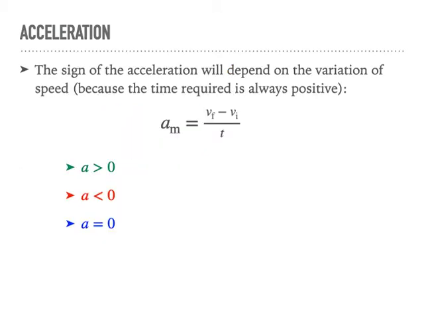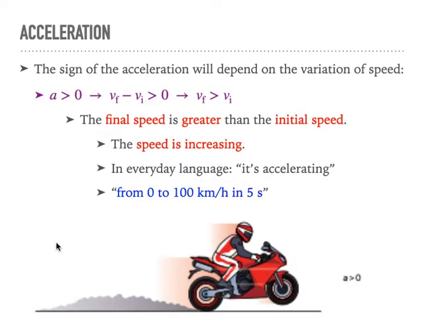But we're not going to talk about that, but we are going to see that this magnitude has a sign, because it's going to depend on the velocities, so the acceleration can be positive, it can be negative, or it can be zero, and we're going to study these cases. For example, if we have a positive acceleration, that means that the acceleration is larger than zero. What does it mean? So if we remember the formula,